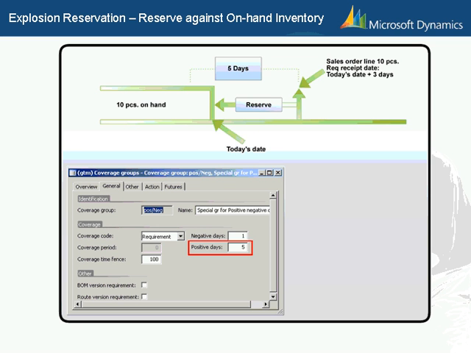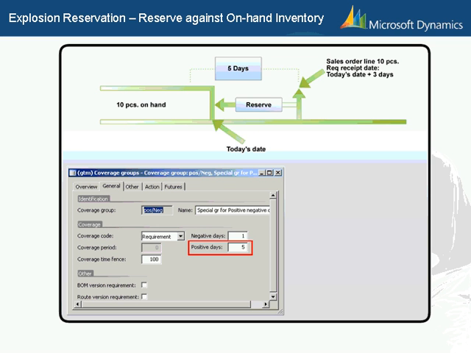So if master scheduling finds on hand which falls within the positive days time frame, a physical reservation is made between the sales order and on hand. However, if no on hand is found within the positive days time frame, a planned purchase order is created and